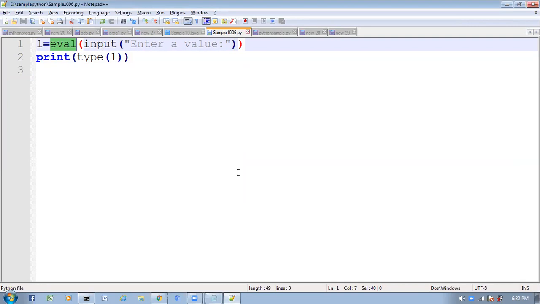To read data dynamically from the keyboard, we have only one function in Python 3, which is the input function. How does that input function behave? If you enter any type of data from the keyboard, it will treat it as a string only. Then what do we have to do? If you want to convert into our required format, we have to do it by using typecasting functions.